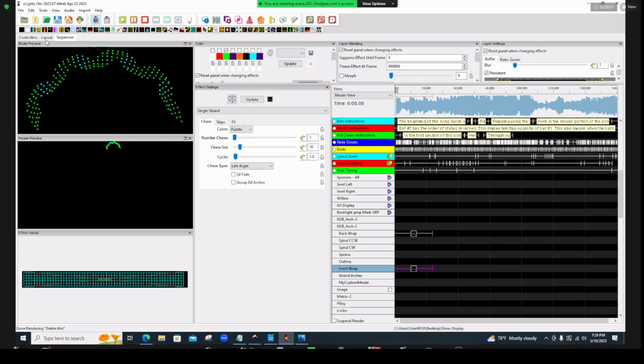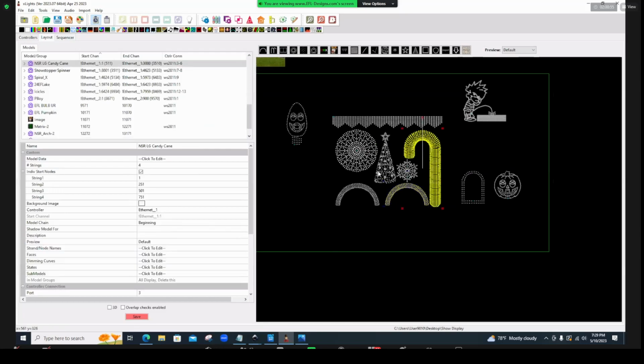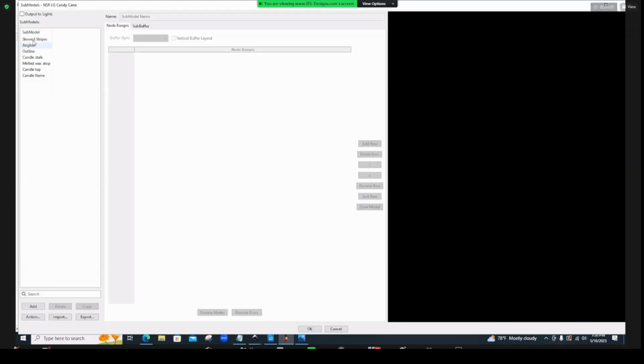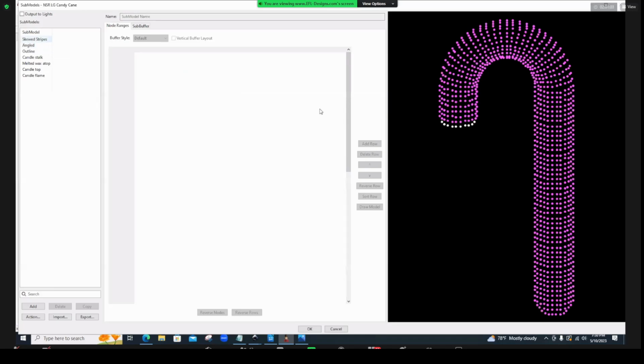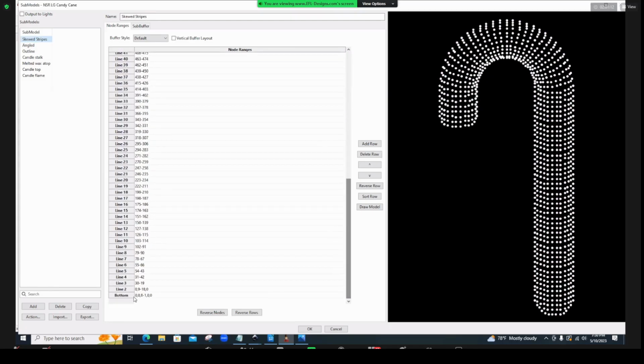Let me go back over here. I'm going to show you this one here in particular. Submodels. So look at this skewed stripe. Notice my zeros and 0. Those are spacers as well, but I'm going to get down to the bottom. And then you have 0, 0, 0, 0. Why is that? That's because my bottom row here